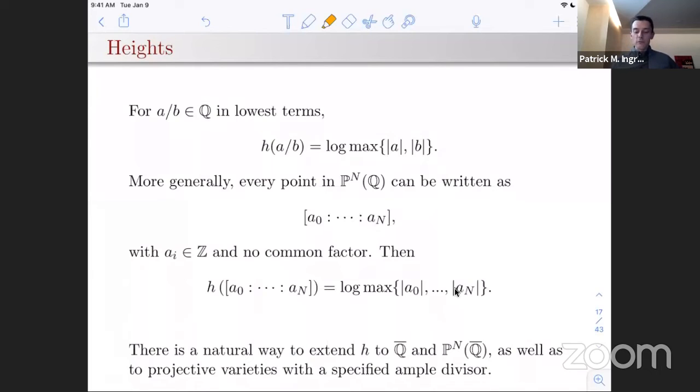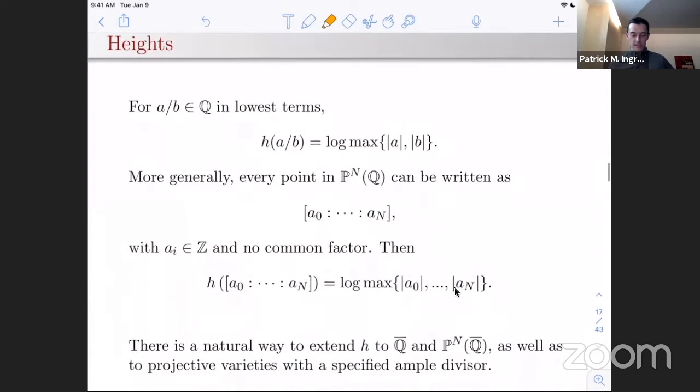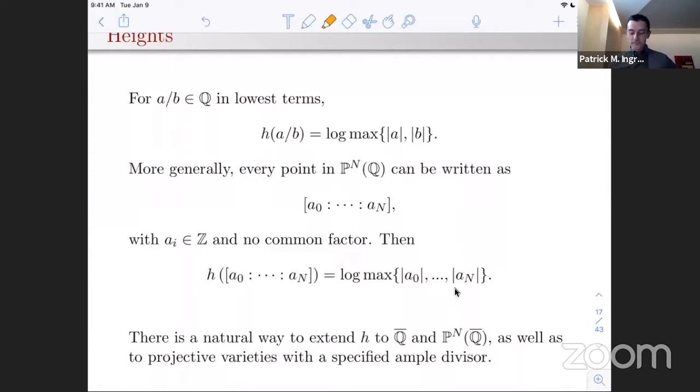Okay, so now, since this is a primarily number theoretic audience, I think the heights background will be a lot more familiar, but I'm still going to go through this quickly as a reminder to get everyone on the same page. I want to talk quickly about heights because I'm going to talk about ample heights on at least one variety. So starting at the basement and going up to the top floor in one slide, if A over B is a rational number in lowest terms, then the height of A over B is the log max of the absolute value of A and the absolute value of B. So it is actually the size, by some linear factor. It's the diameter of that circle that LaTeX wants to put around that number in the diagrams I was drawing.